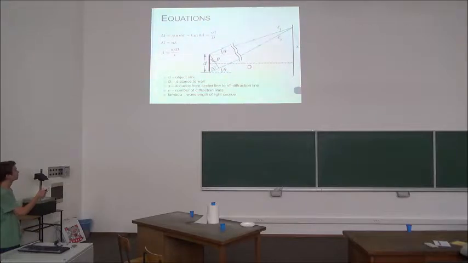We plug it into the formula for the tangent, because it's the ratio of the two sides of the triangle, and we get x, which is the distance from the minimum or maximum to the center, times d over D is delta L. Now delta L, if we want constructive interference, has to be a whole number multiple of the wavelength, because we want the waves to be in phase. So we plug it in and solve for d, and we get n times lambda times D over x equals d. That is a very good approximation if the projection surface is far away.